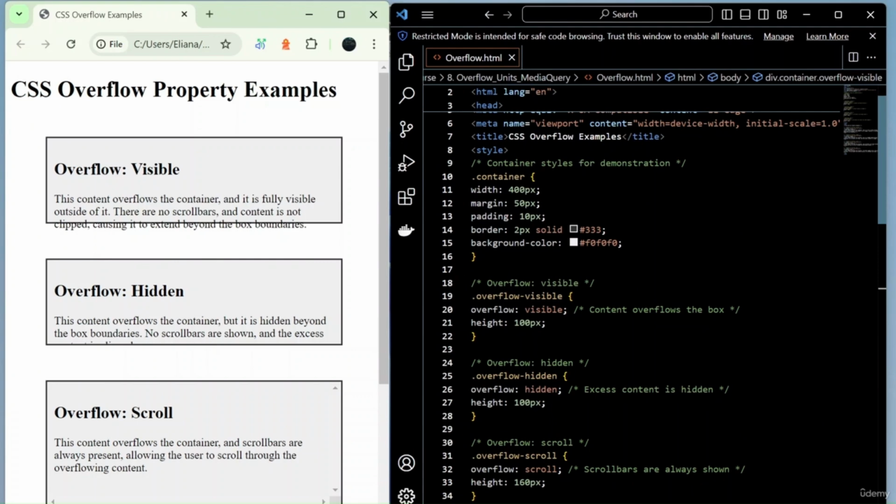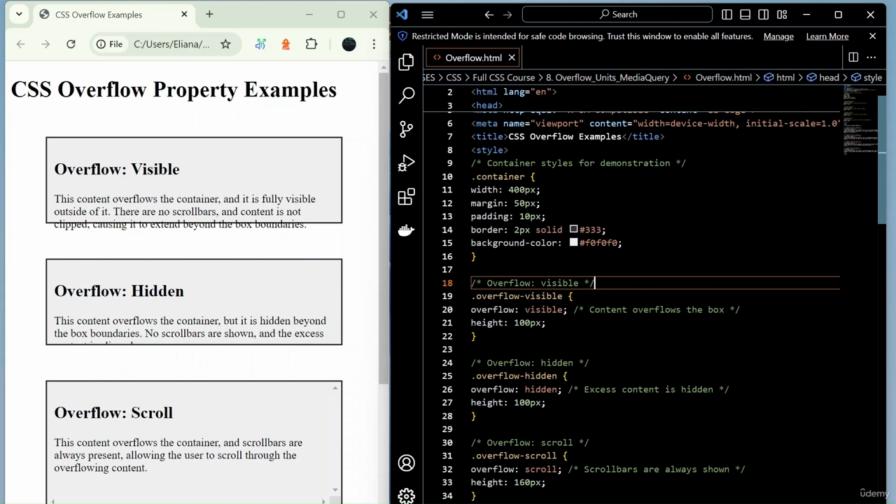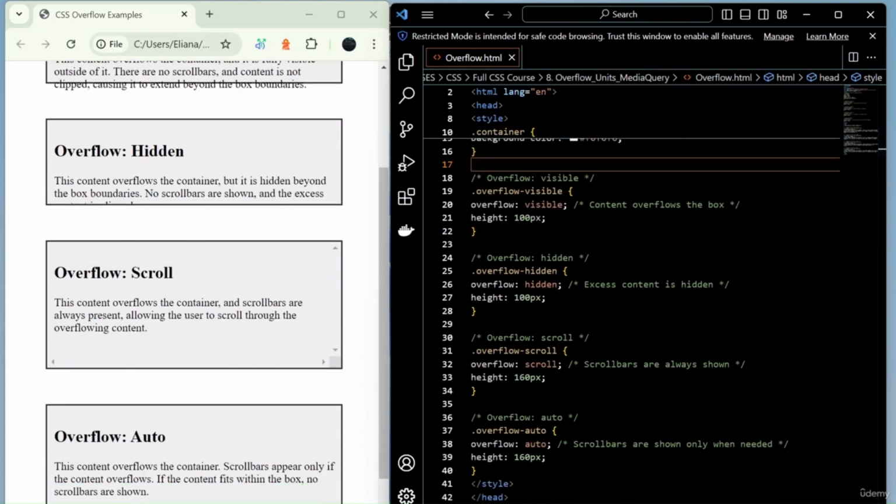So if we remove overflow visible, as you can see, it stays the same. And this is because by default, our box content is going to be visible no matter what, no matter if we added overflow visible or not. In any case, it's still going to be visible, all right? Okay, so let's continue